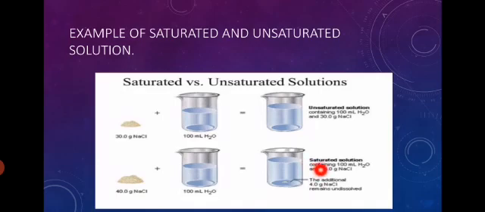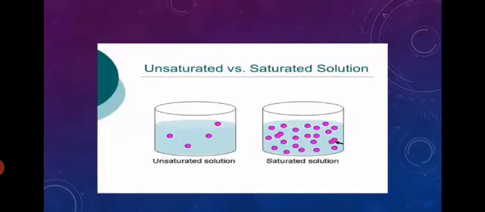So the additional 4 gram of NaCl remains undissolved. You will see that 36 gram of NaCl is dissolved in the water and 4 gram of NaCl is present at the bottom of the container, because these 4 gram of salt will not dissolve, as water has the ability to dissolve only 36 gram of NaCl. So this is called a saturated solution.